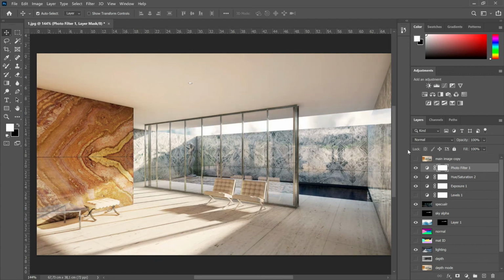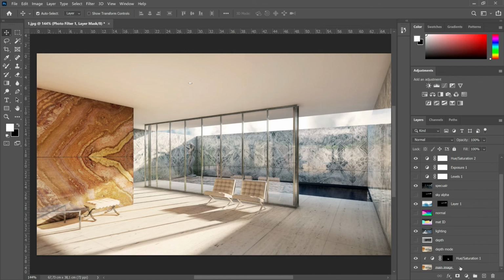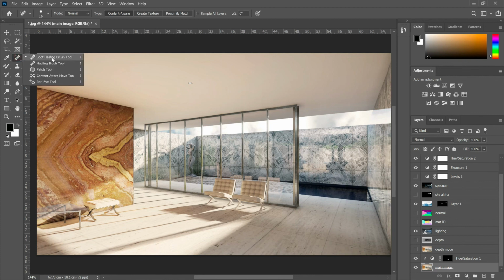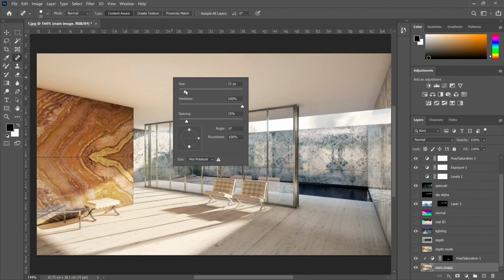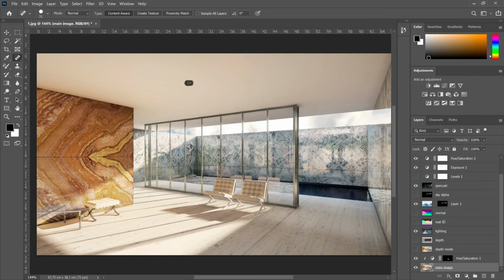More things that we can do in this post-production phase. We can erase things that we don't want to be in our image. For example, this lamp. This lamp could be a mistake and we don't want it anymore in our image. It's clear that it is not right here. So we should go to our main image, then select the correct tool in Photoshop. In this case, I will use the spot healing brush tool. I will increase the size of this brush, and just by clicking on here, this lamp should disappear, but